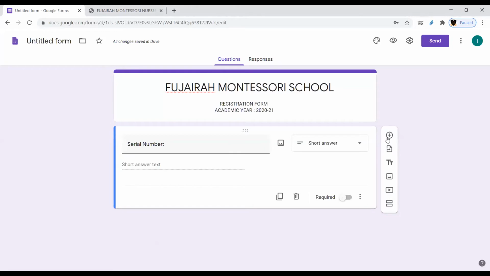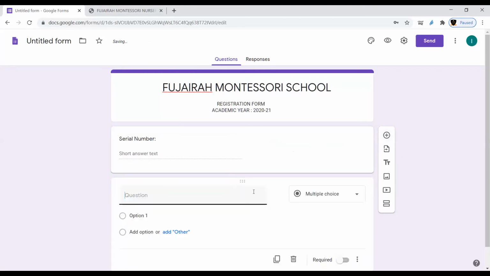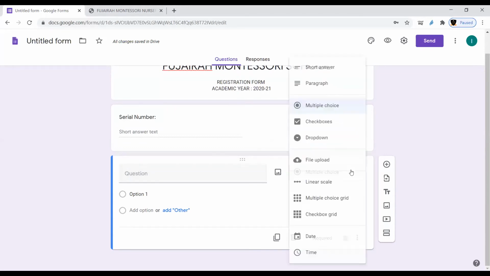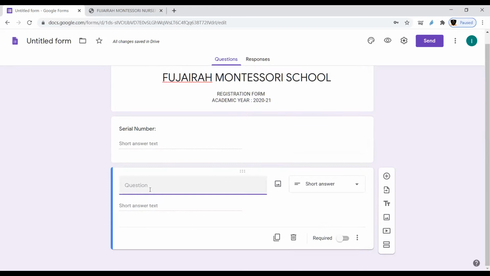So there is a plus option. Once you go for this plus option, it will create the next one in this way. So here also you need the next field. Here again you have to click for the short answer because you're not going to give the choices. So just go for this short answer. Again you'll find the two options, question and answer.